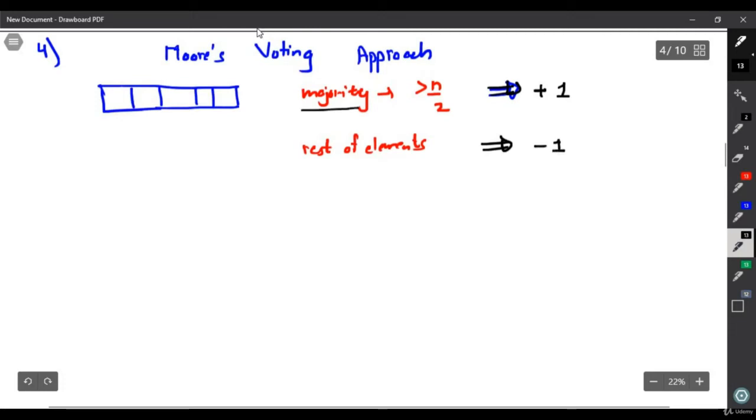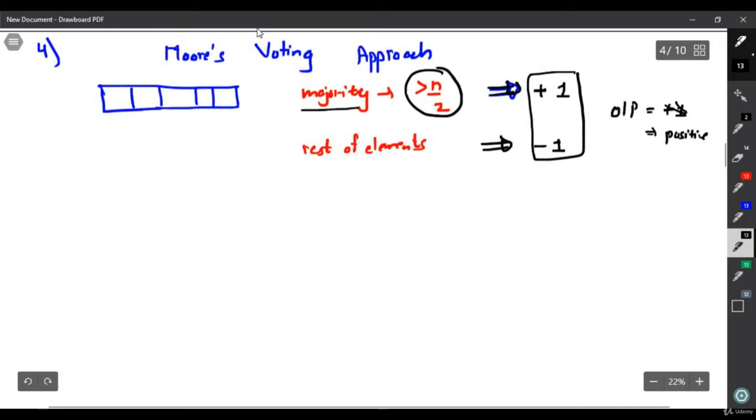Since the majority elements are greater than n by 2, if you add these, +1 and -1, finally your output will be positive. Not necessarily +1, it can be anything, +2, +3, +4, but the output will be positive. Why positive? Because the majority elements are appearing greater than n by 2 times and the rest of the elements are appearing less than n by 2 times.